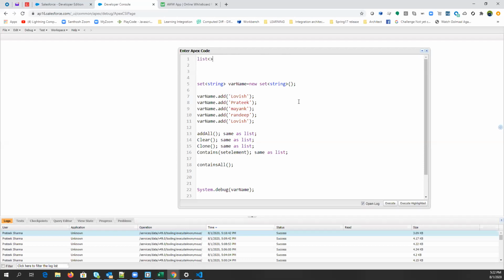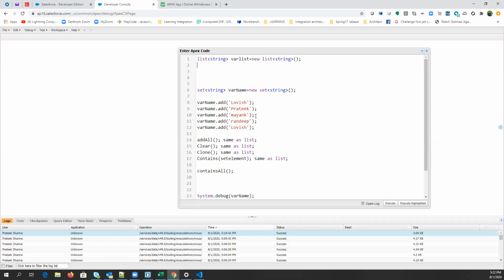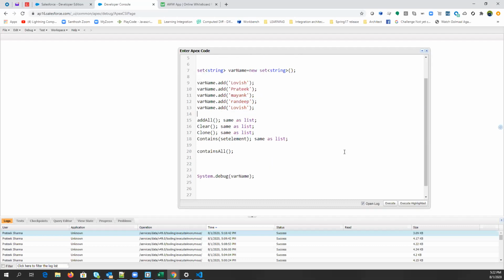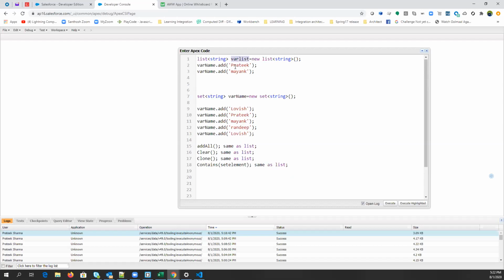Let's say I have a list of strings, I'm naming it varList, and it has two values, let's say Pratik and Mayank. Clear, guys? Now I just want to check containsAll. So what will it return, true or false? False.